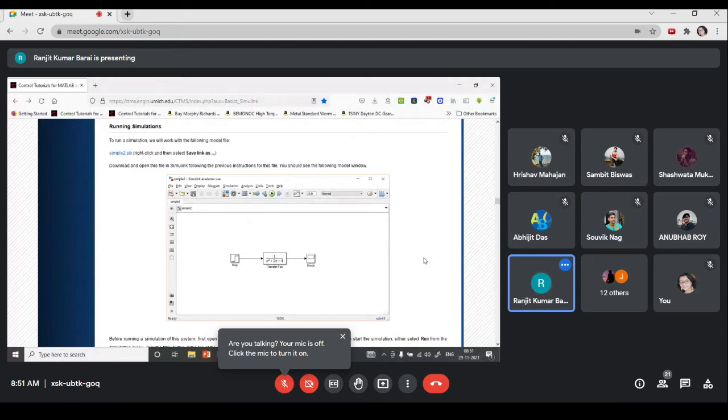You are searching by putting various values, trying to find the result, and if the result lies within a tolerance, then you can say my result has been converged. So the mathematics running in the background, except addition and subtraction, most of the other functions are based on numerical methods. Here in simulation in the Simulink environment or